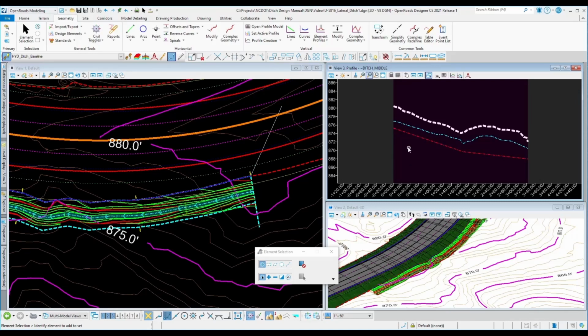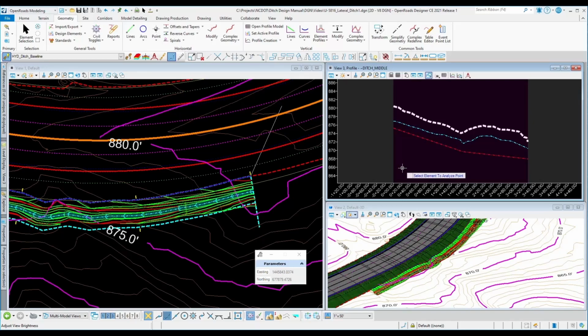Now to do my point controls, I need the PI data relative to the stationing of the slope stake line. As it says here at the top of the profile, the stationing here that I put in was relative to the center line of the ditch. So they're two different things. I need to get the stationing relative to the slope stake line, and I'll do that using